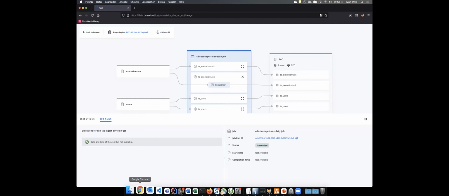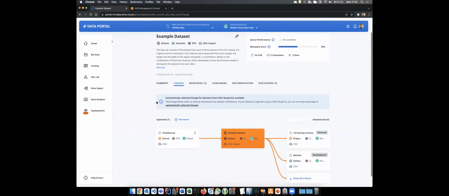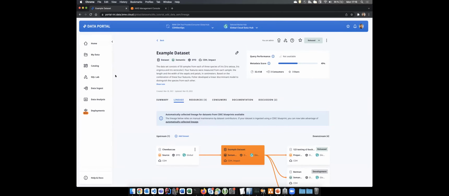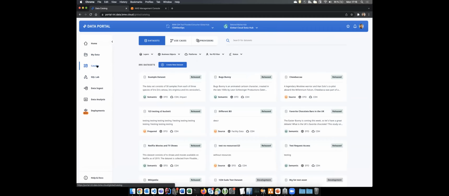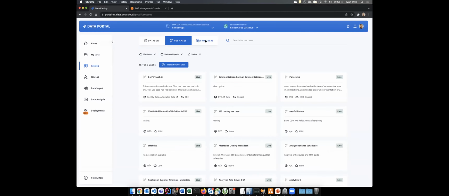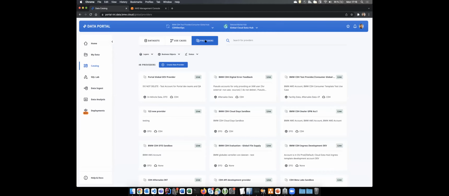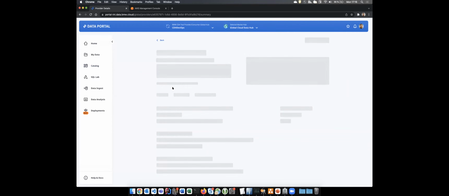Now switching back to our portal here, we see that in the data catalog, there are not only data sets, but there are also use cases and data providers. And those are those boxes I talked about earlier. So on the left side, we had our data providers, which are responsible for ingesting data. And here you have,